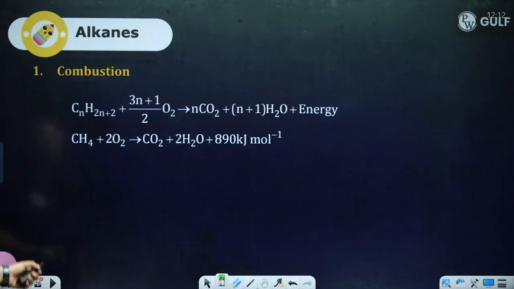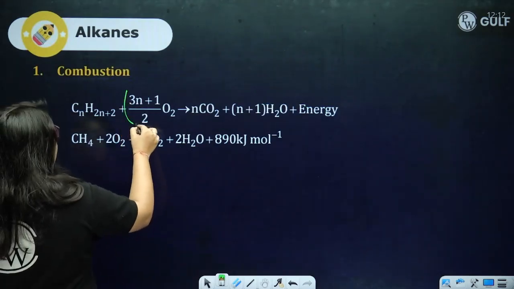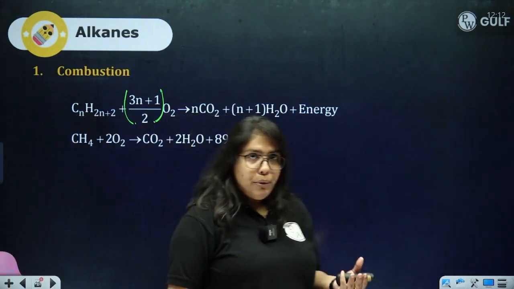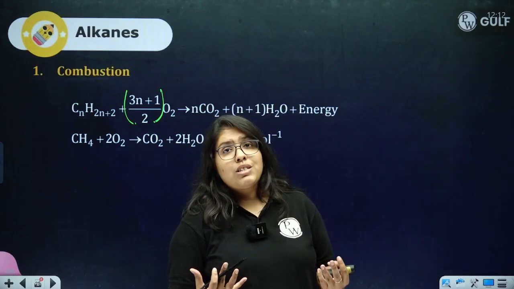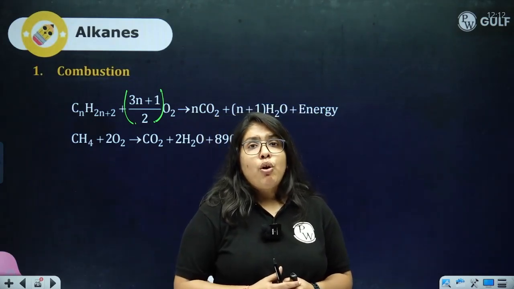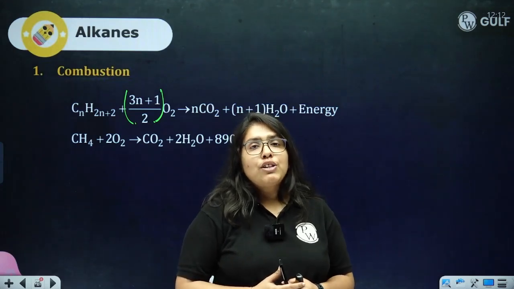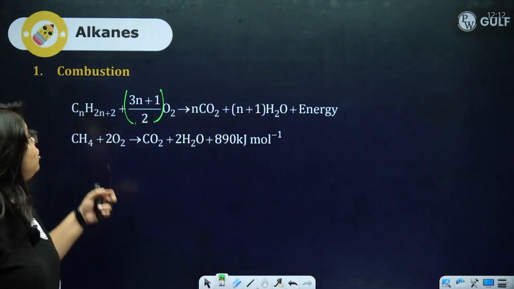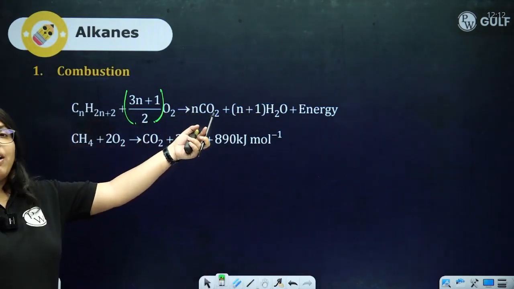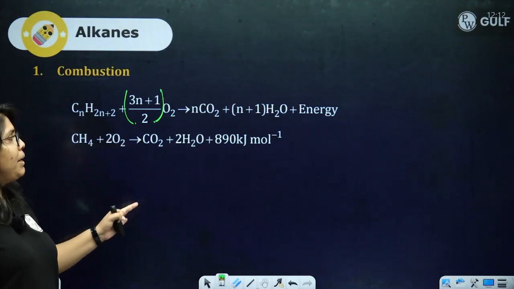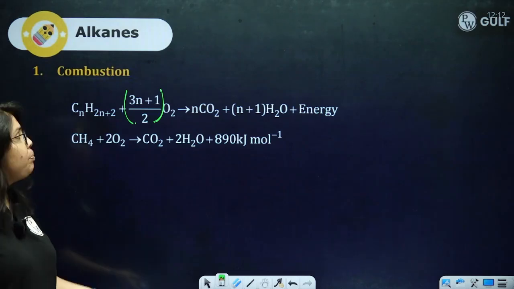So, let's now talk about their chemical properties, talking about combustion. What is combustion? Combustion is nothing but when a compound in the presence of excess oxygen burns to give rise to product, energy and flame, right? So, they do undergo combustion to give rise to carbon dioxide, water and energy. Okay, so you can see methane undergoes complete combustion to give rise to carbon dioxide and water along with energy.